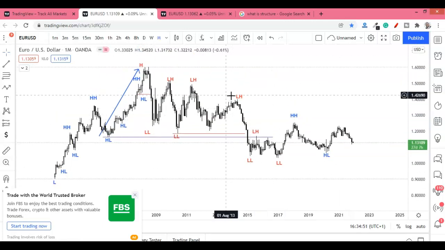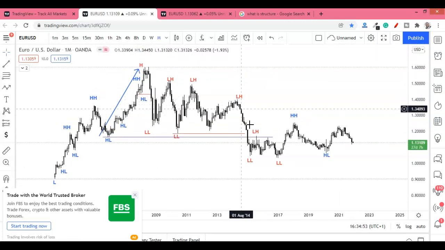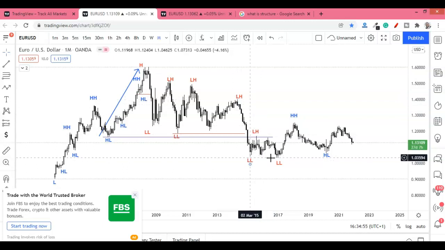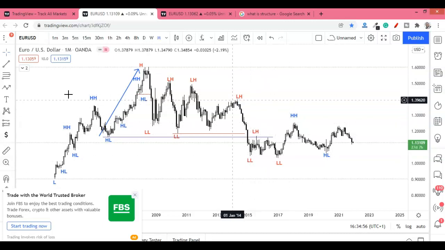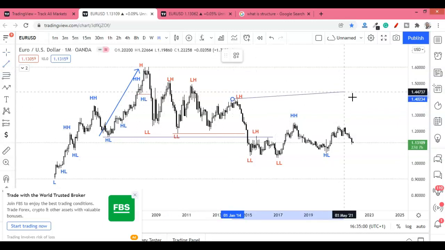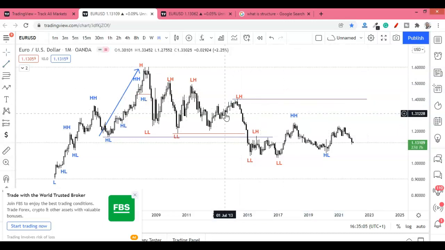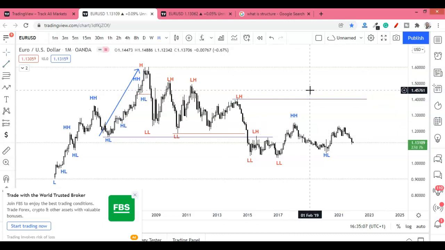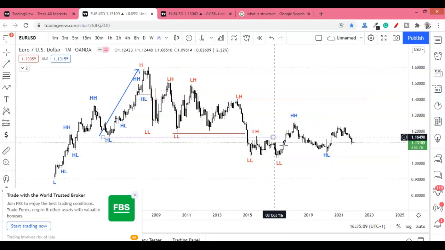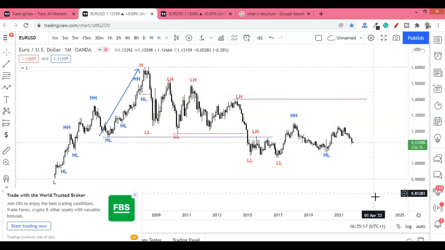Likewise, the last leg that created this low was this. So on the monthly time frame, until price breaks above this, we don't have a major break of structure. All we have is what? A minor break within this monthly. Don't get me wrong, within this monthly, these are still minor breaks, because price can still go down, might not break this and then move down.